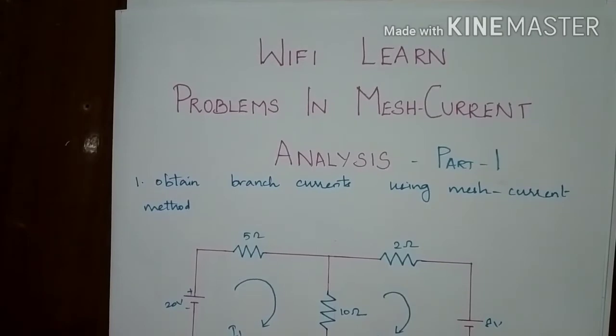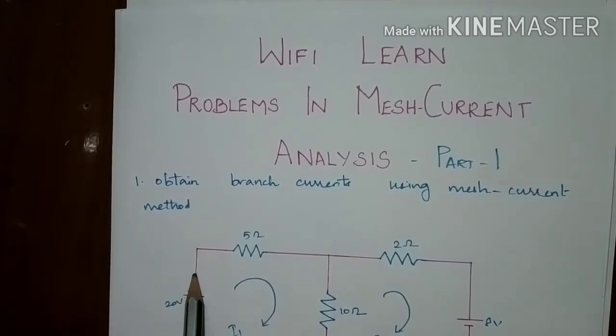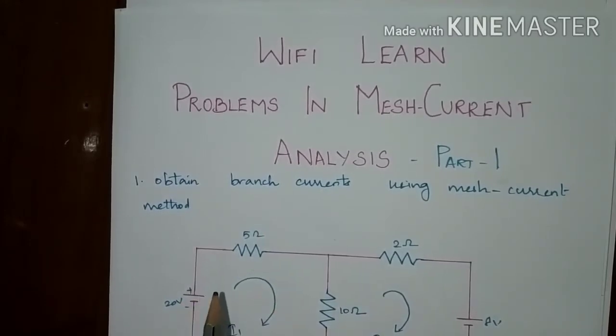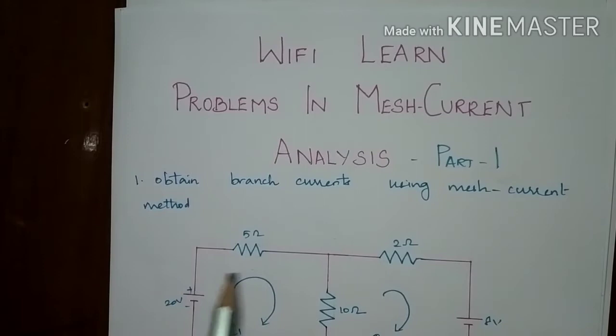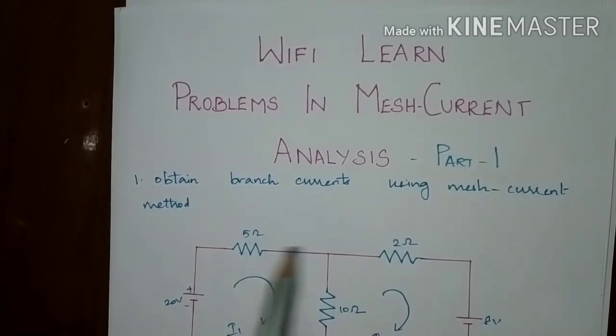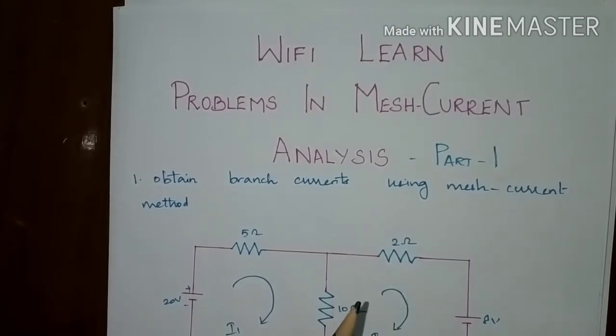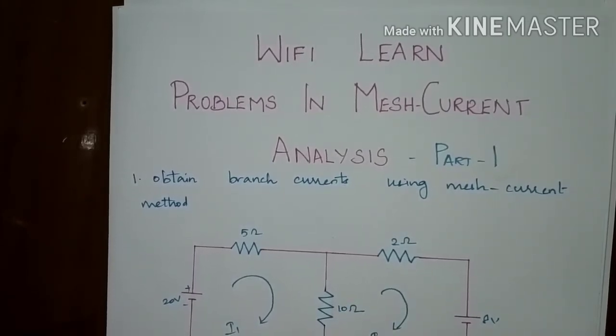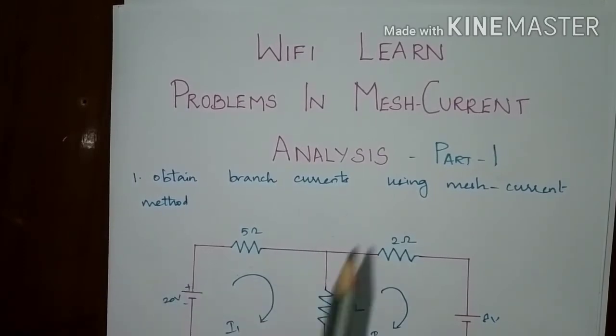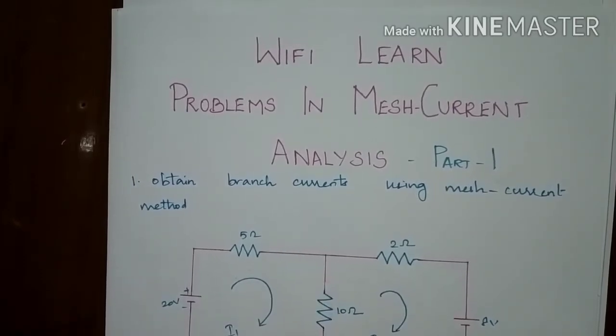The second step is to observe the amount of current that flows in each element in terms of mesh current. We have to find the mesh current first and then find out the amount of current that flows in each element. The third step is to write the mesh equation for all the meshes using KVL and Ohm's law. The fourth is to solve the mesh equations to get the currents. These are the 4 steps to be followed in mesh current analysis. Okay, let's move on to this problem.